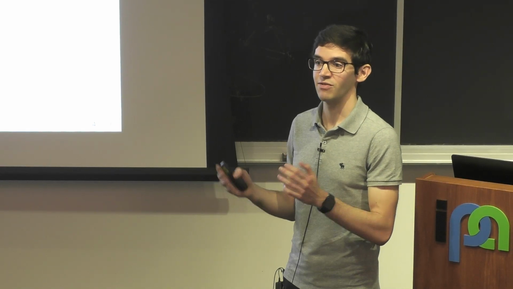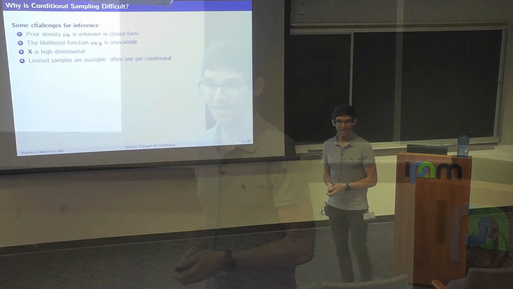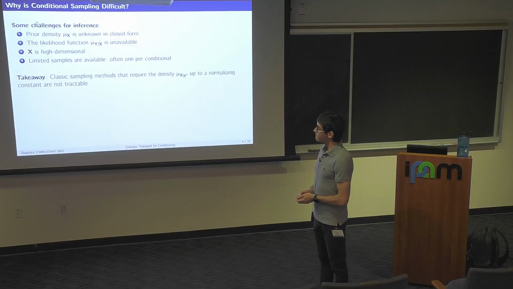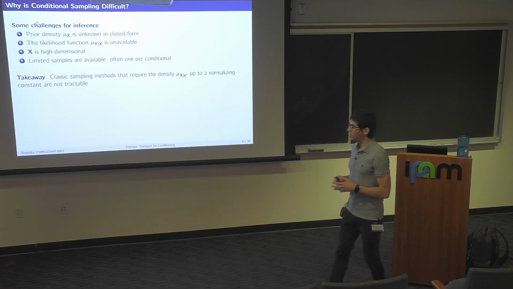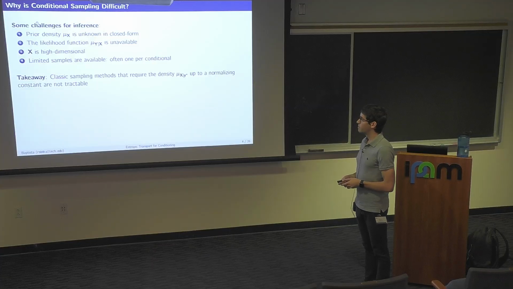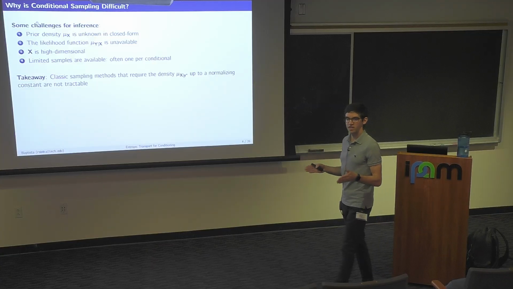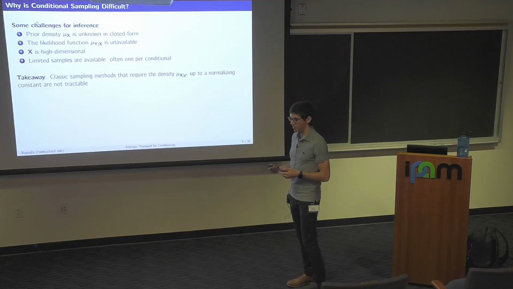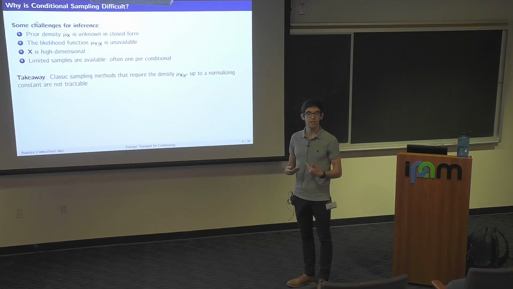But what we want to do is sample new images given captions that are entirely different. So maybe we only see cats and frogs separately, but now we want to sample a cat and a frog in an image. And so, as a result, classical sampling methods, especially for solving inverse problems, are typically based on evaluating